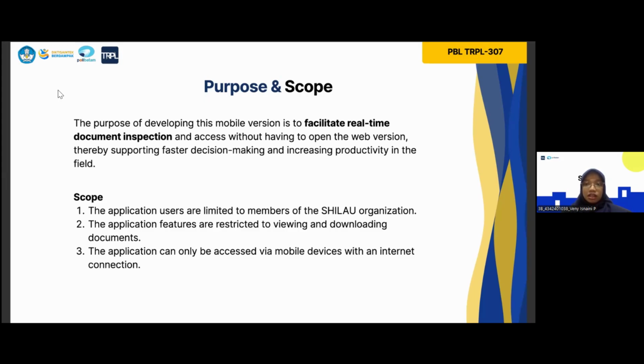This application has several scopes. The first one, the application users are limited to members of the Sila organization. Secondly, the application features are restricted to viewing and downloading documents. And lastly, the application can only be accessed via mobile devices with an internet connection.